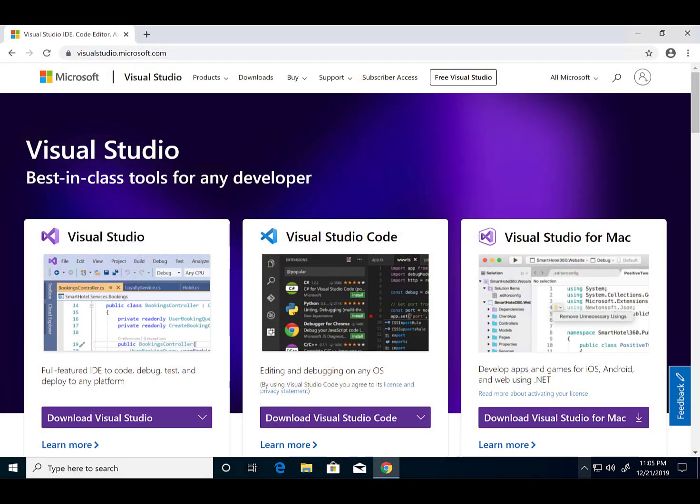There are two different applications for programming on the Microsoft stack, Visual Studio Code and Visual Studio. The features offered in both are quite similar, but Visual Studio Code is an editor while Visual Studio is an integrated development environment. Visual Studio Code is cross-platform and fast, while Visual Studio is only available for Windows and a